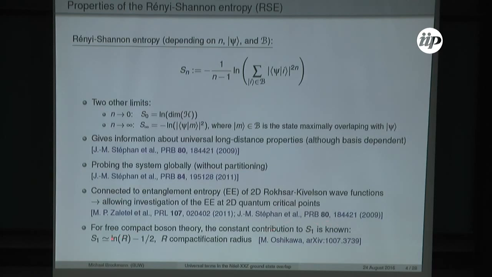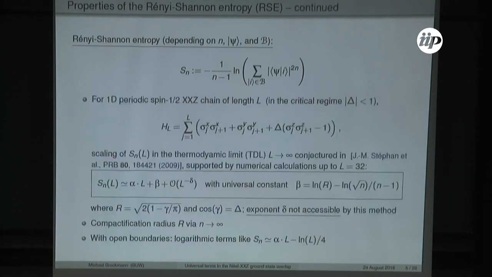So here the part proportional to the system size is just dropped, and the O(1) constant, the order 1 constant, is just the logarithm of the compactification radius of this free compact boson. So this is a result obtained earlier, and now we will see if it's possible to get something out from